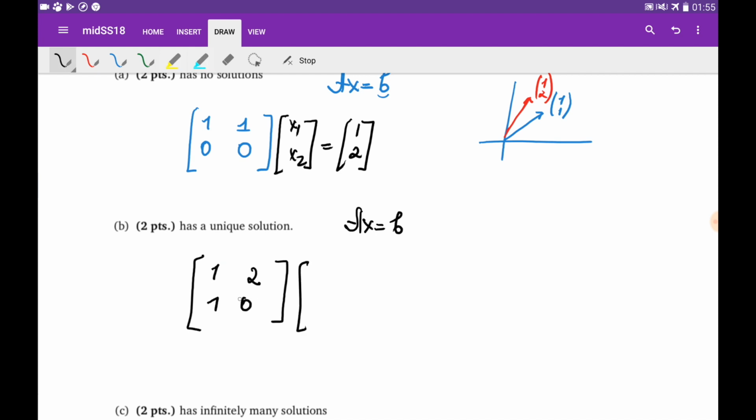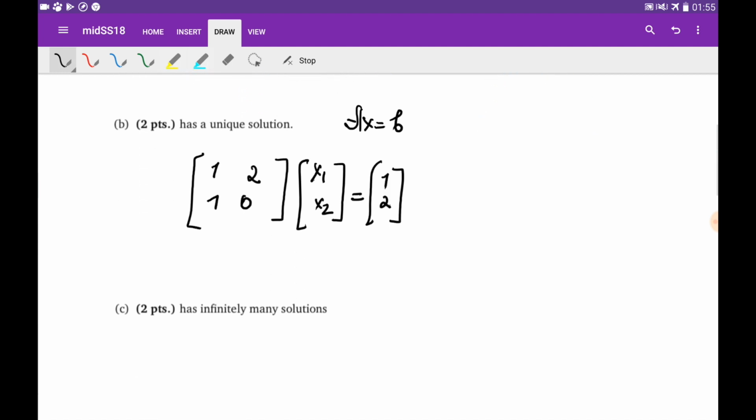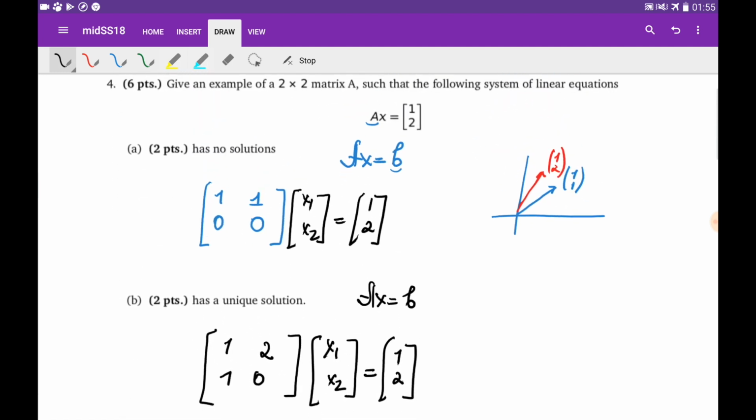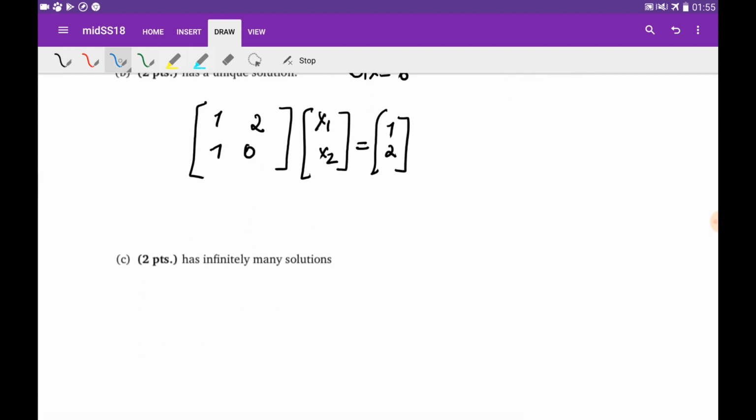In this case, the determinant is not equal to 0, so the matrix A is invertible, and the system of linear equations Ax = B has a unique solution. So if I want the system to have infinitely many solutions, I need to choose the columns of the first matrix as dependent columns